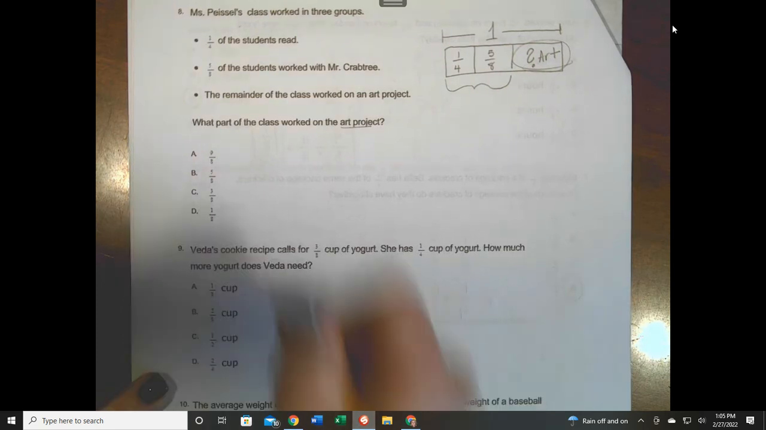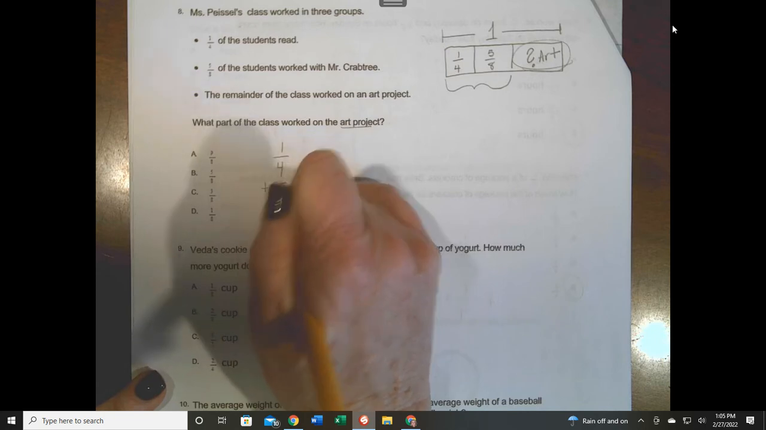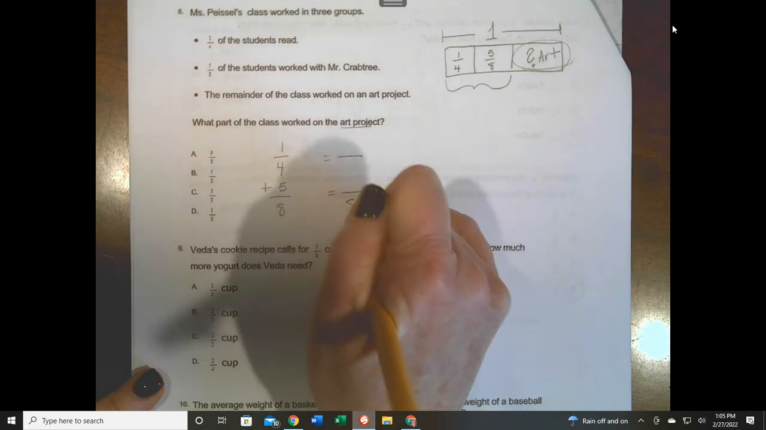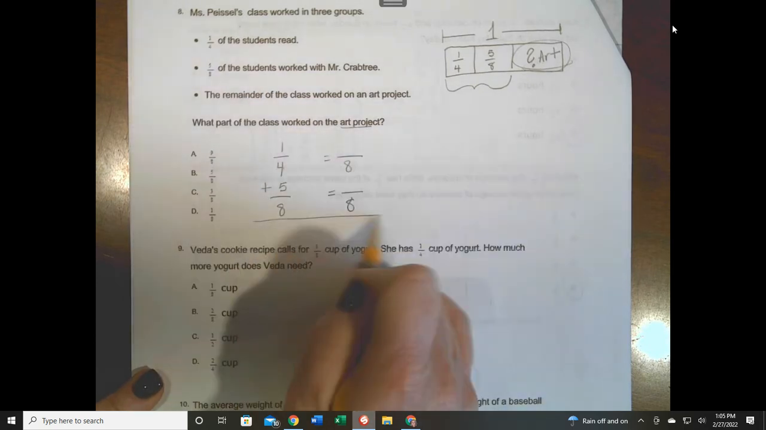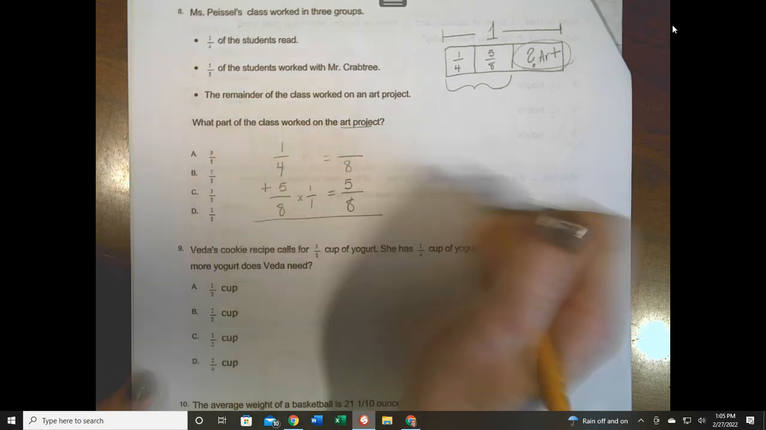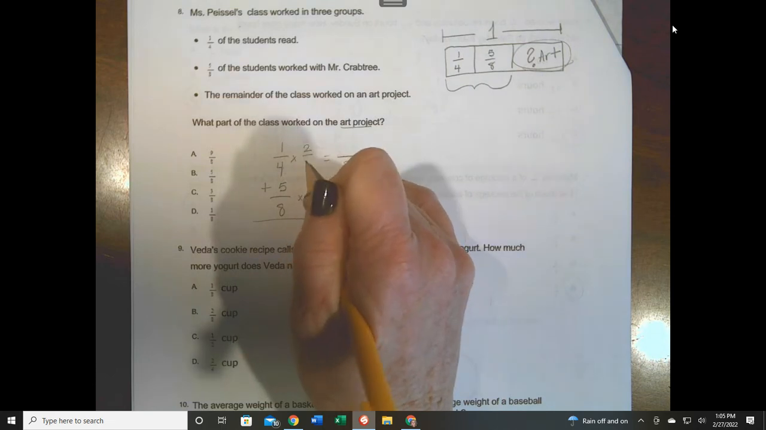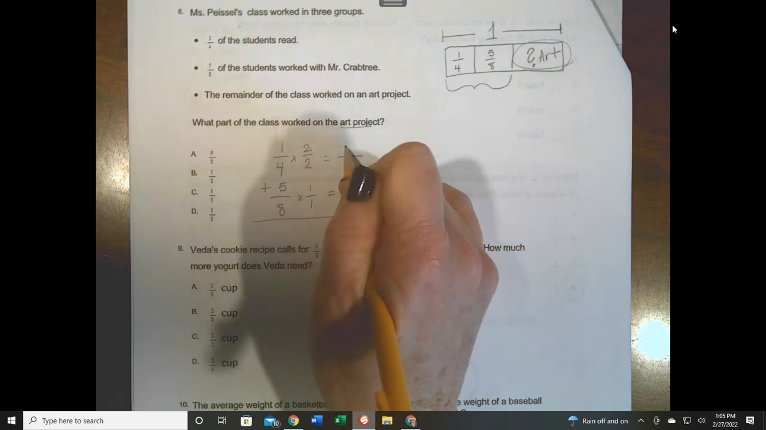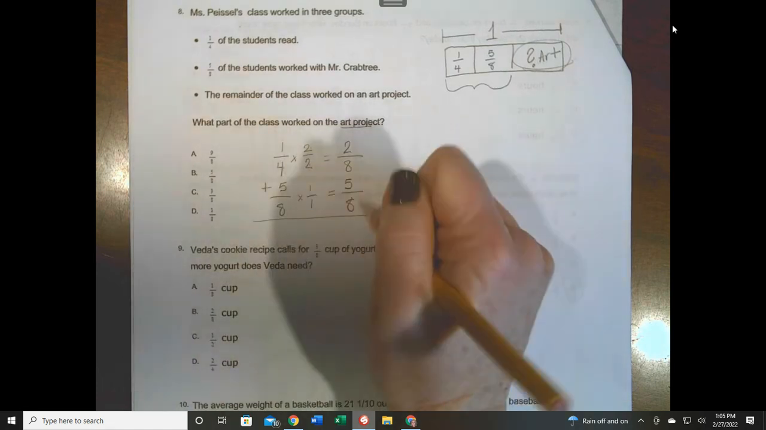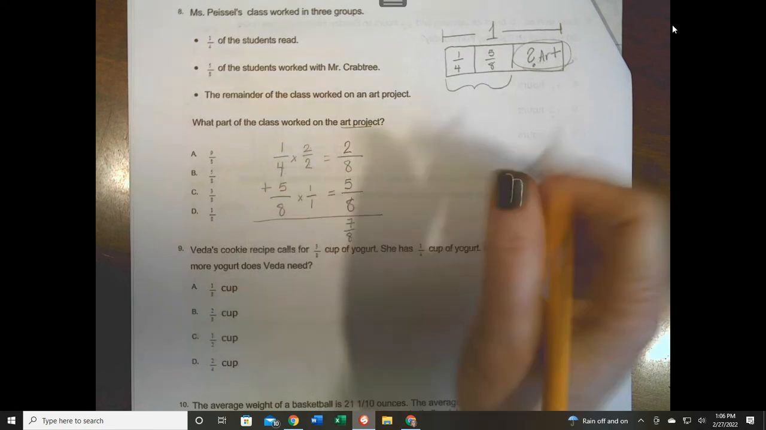So step 1, I need to add 1/4 and 5/8. So we can work on that first. Our common denominator is 8 for 4 and 8. It's a multiple of 4. You know what? 5/8 is going to stay 5/8. 4 times 2 is how we get to 8. So we're going to scale up the fraction 1/4 by 2/2 to get the equivalent fraction 2/8 for 1/4. When I add together, I get that 7/8 of the class either